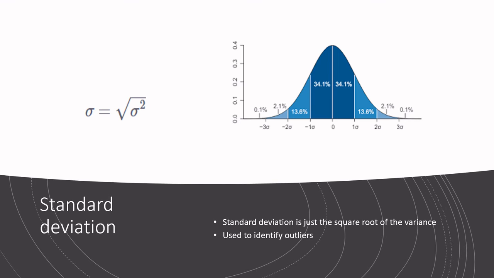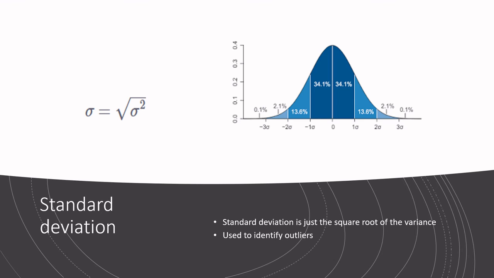If you take an example of the graph, most of the data lies within 2 standard deviations, and the data that lies outside of 2 standard deviations has less probability. So these are very rare cases that may appear in your data. Like this, you can find the outliers in your dataset.